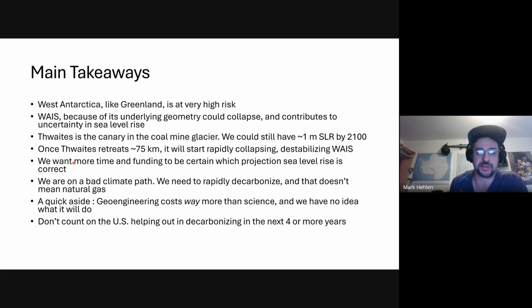When Thwaites does retreat to about that 75-kilometer distance, it will start rapidly collapsing and destabilizing. West Antarctica, which I forgot to mention, holds a total of 3.3 meters of sea level rise all on its own, not counting what's simultaneously happening in Greenland. So we want more time and funding to really pin down what these projections are looking like, or hopefully to somehow avert it from happening,